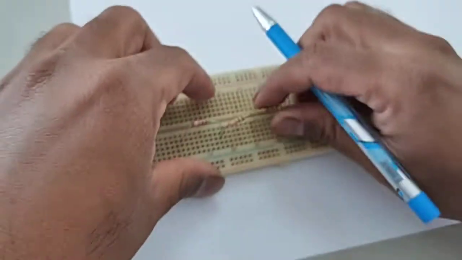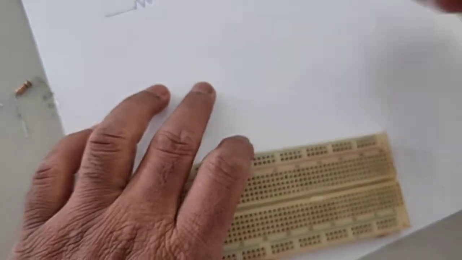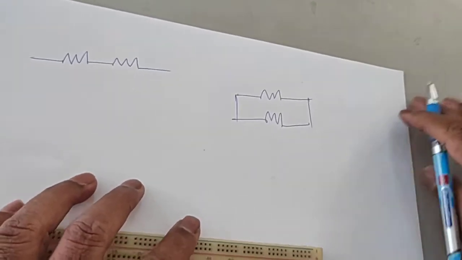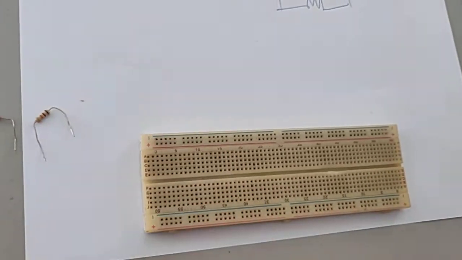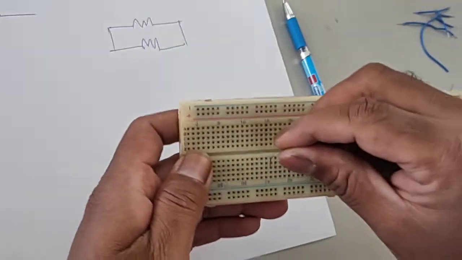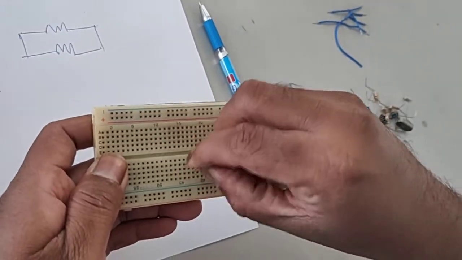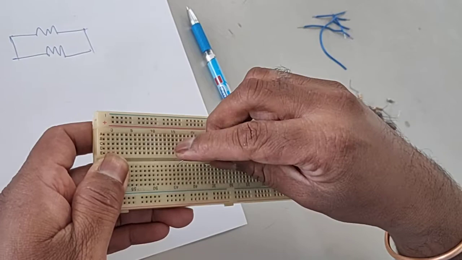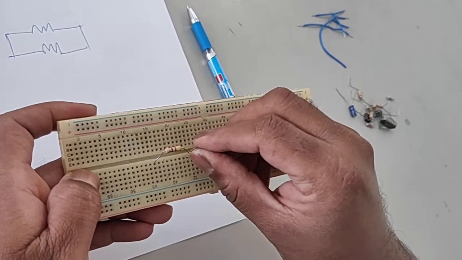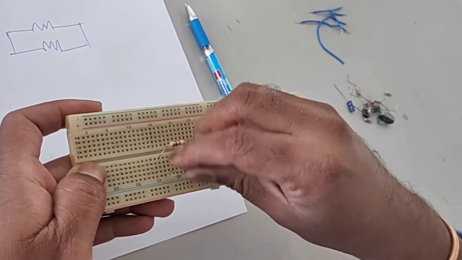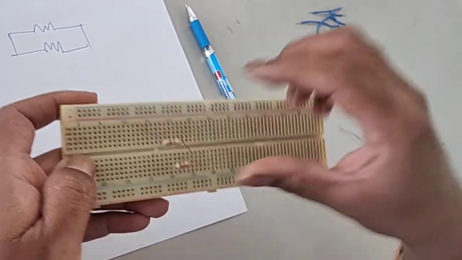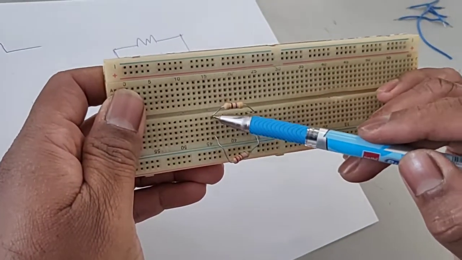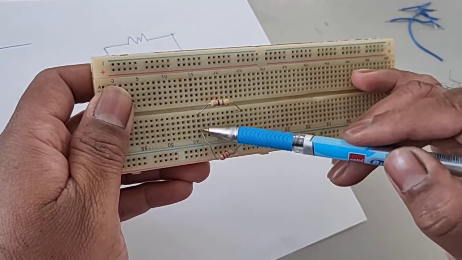Suppose the same two resistors, if you want to connect them in parallel in the circuit, how are you going to write this? Parallel connection. How do you have to connect? So I will show you two types. One resistor you put like this. The other resistor you have to put in the same vertical slot, one end, and the other end in the same vertical slot. Now this becomes a parallel connection.